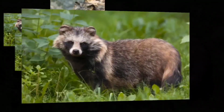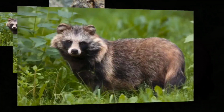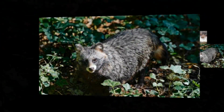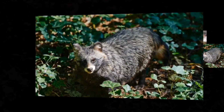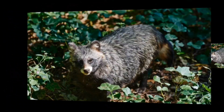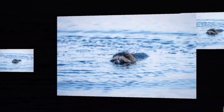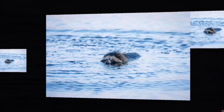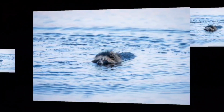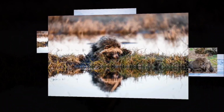They prefer to live in temperate climates, with their habitat including coniferous and broadleaf forests, as well as grasslands, settling in areas of thick vegetation where they can hide and blend in with their environment. And when food becomes scarce in their habitat, these mammals migrate to find a new territory where prey is more plentiful. They are adaptable and can move long distances to find food sources, while also being known to live in